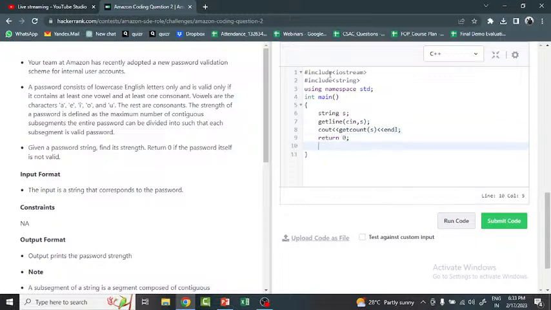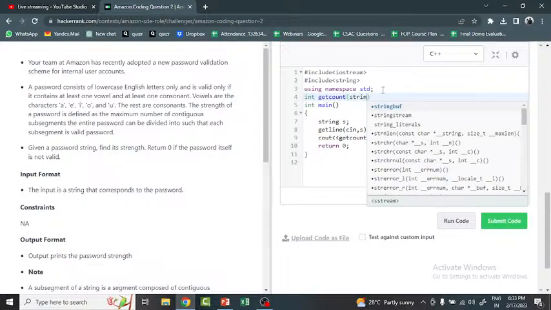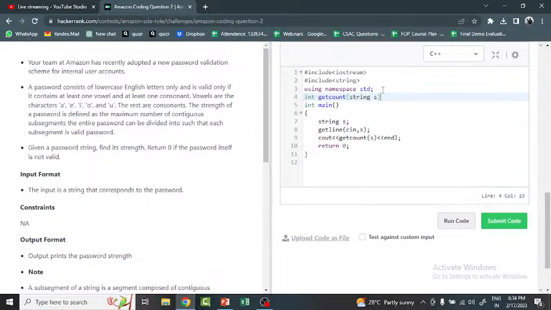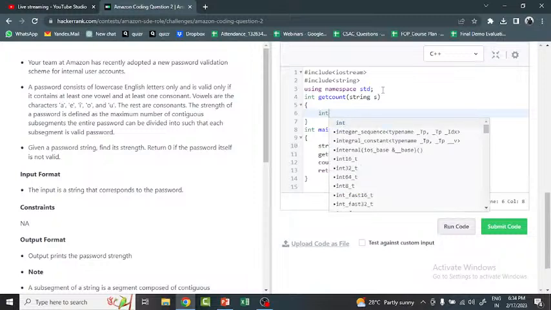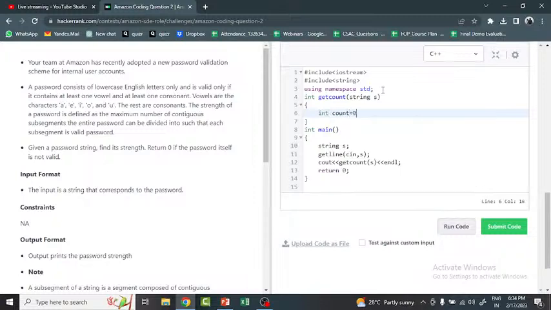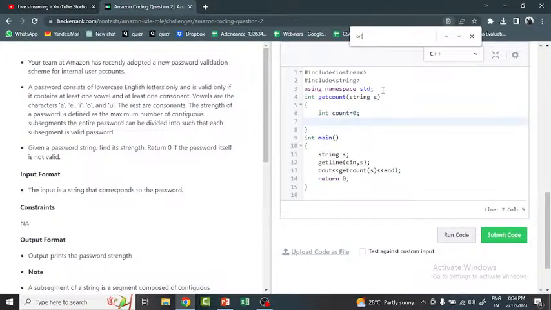Here I can close this out. Now I should define the function getCount: int getCount of string s. As my first step, I'll initialize the count to 0,